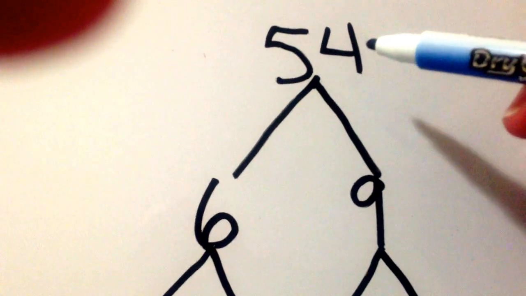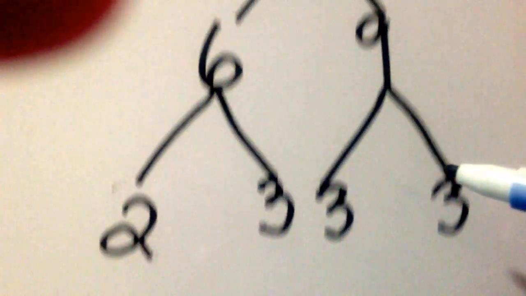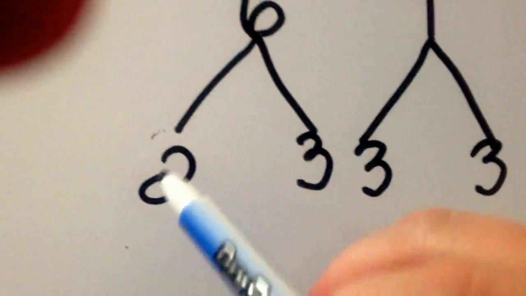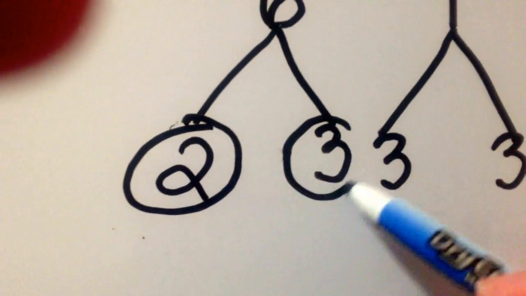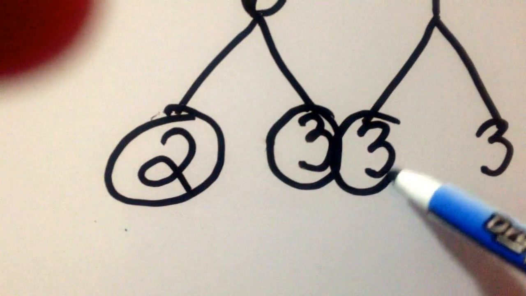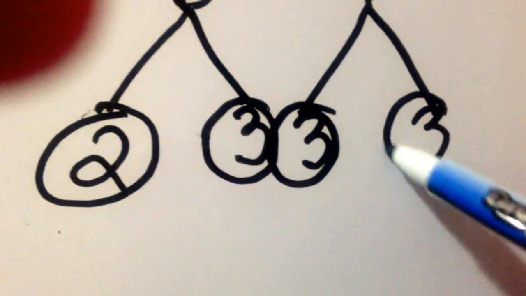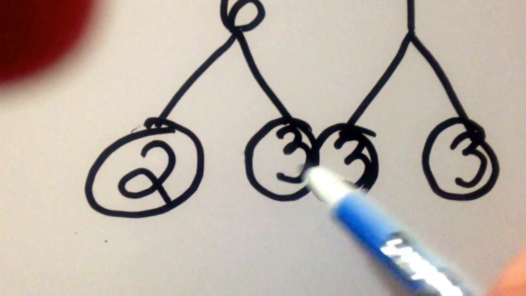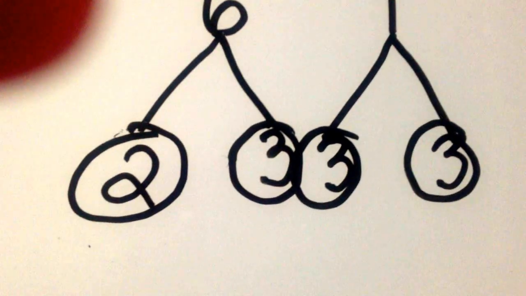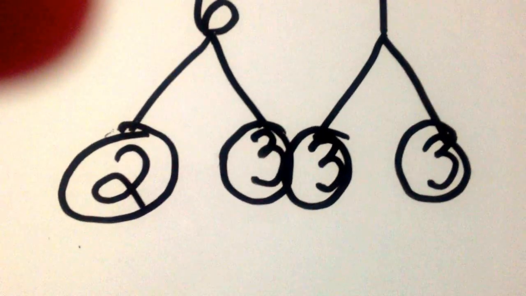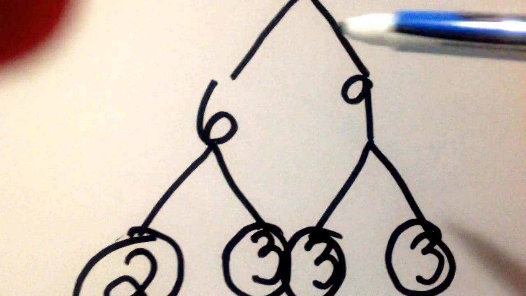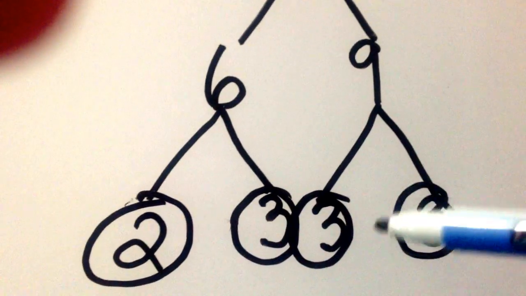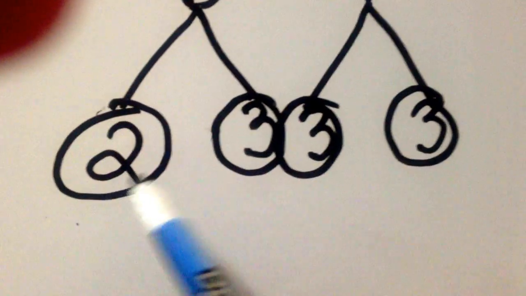And these end numbers that are on the ends, these are actually our factors of the number 54. At the very tips, considered prime factorization. Okay? So not only are these factors of 54, such as 6 and 9, 2 and 3, but these are very special in the sense that 54,